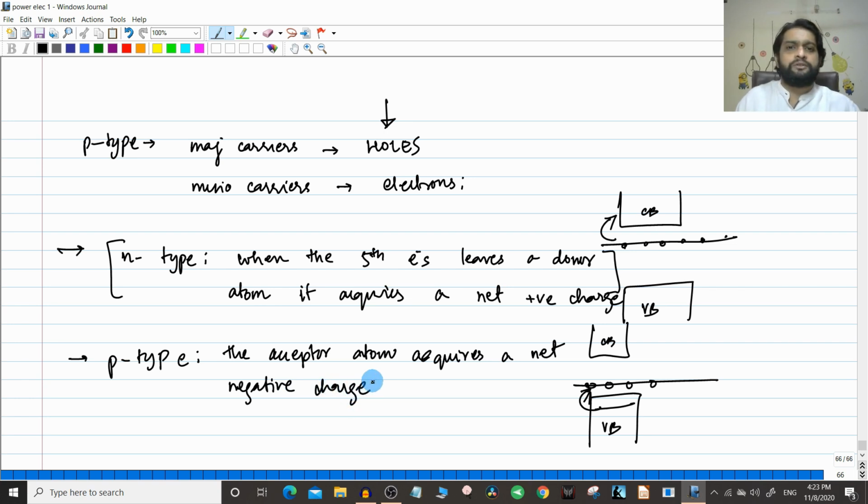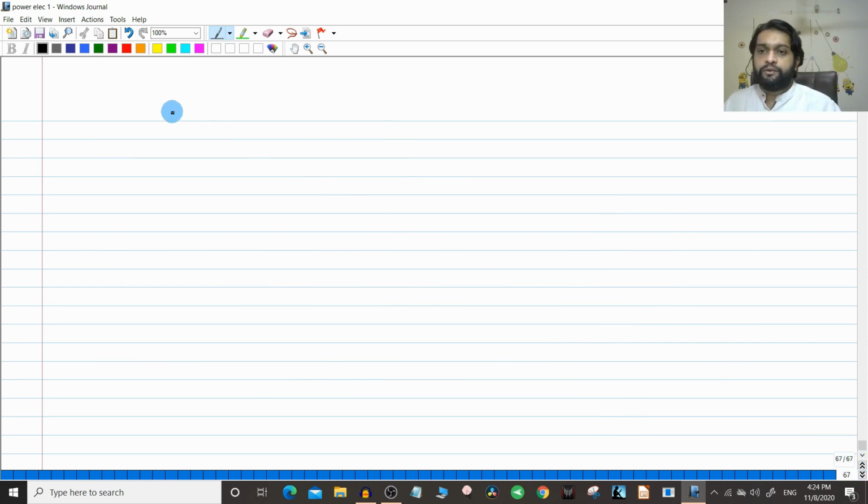and I have told you this usually happens at room temperature, because the energy needed for the acceptor level to gain an electron is very less. Similarly, the energy for an electron to become a free electron in n-type material is also very less. That is why I told you the increase in carrier concentration was 10⁵. There are a lot of free electrons available. Now, if you summarize all these things in a simple diagram, we can draw an n-type material.